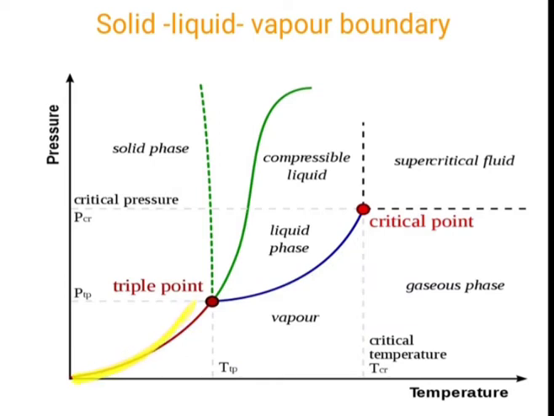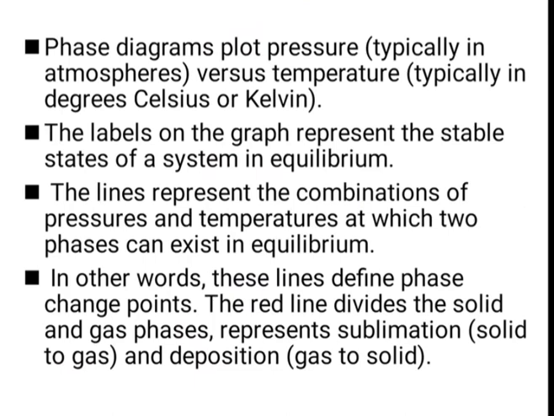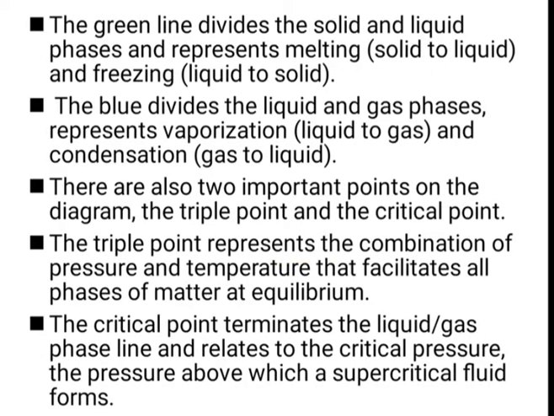So, this red line or this boundary shows the sublimation process occurs, meaning solid is converted into gaseous state, and deposition occurs, that means gas to solid formation occurs there,